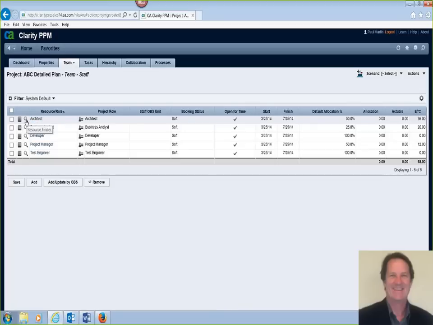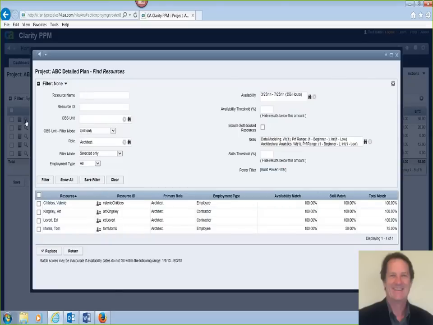So what you do is you go ahead and click this Resource Finder link right here, and Clarity will go out and search for people that both have the role and the skills needed for this project, and also the availability. So it's gone ahead and found these people who all have the right architect role, and then it tells you which ones of these are available, both in terms of time and also how well their skills match.